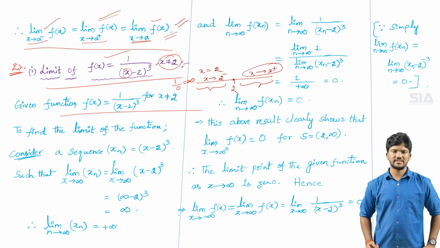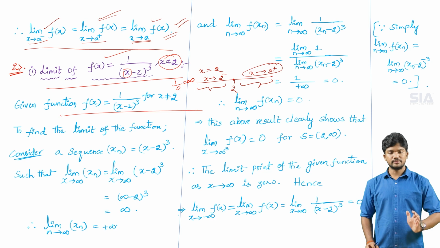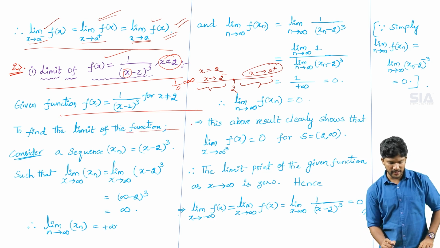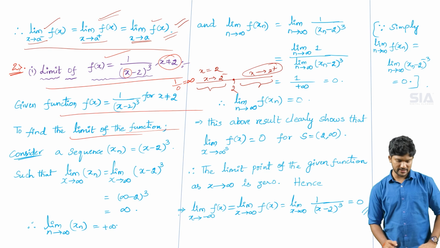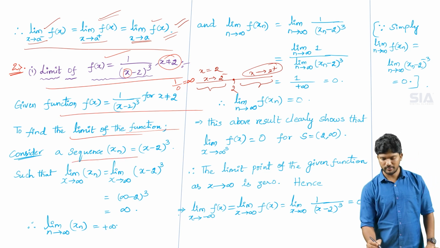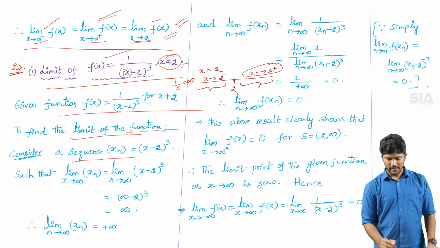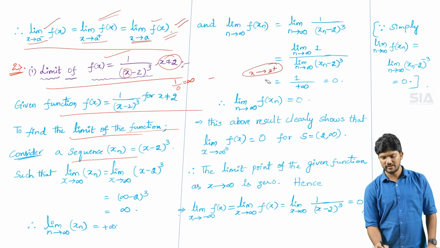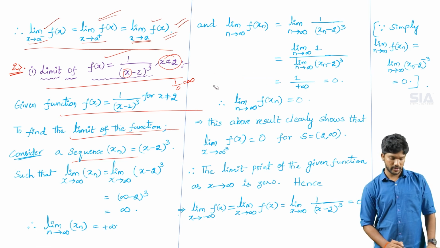Given function f of x is equal to 1 by (x minus 2) whole cube for x naught equal to 2. To find the limit of the function, first of all, consider a sequence x suffix n. This is a function. Here you have to realize one thing: there is no rule that we must find the given function directly. First we take the function as a sequence, in sub parts. Okay, so